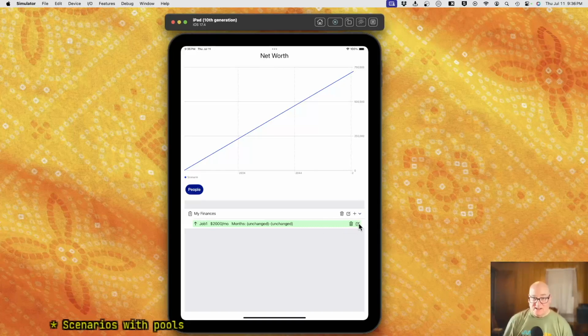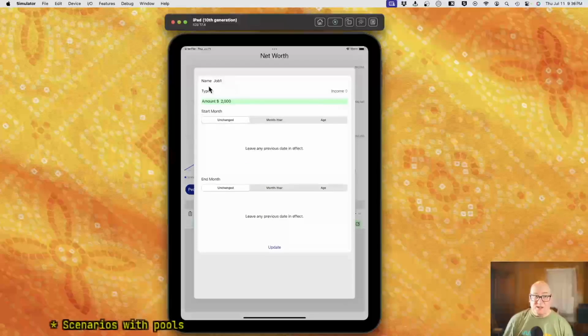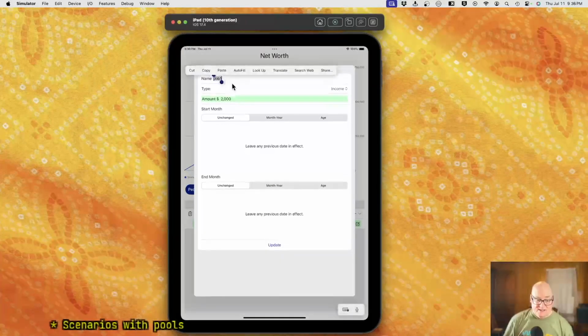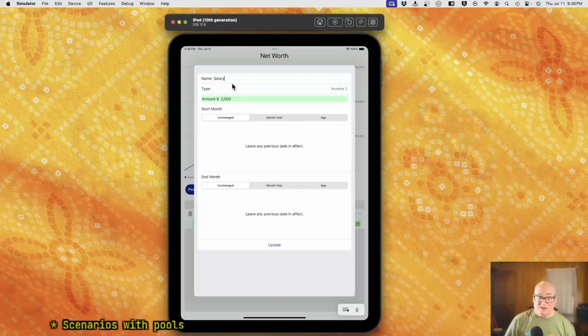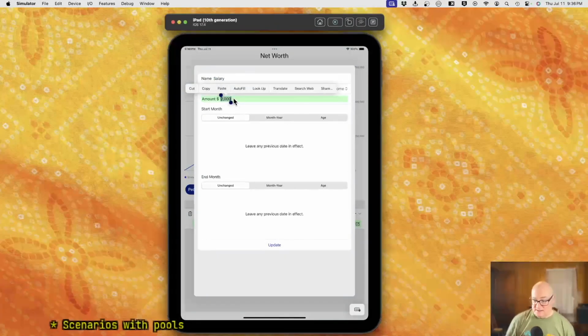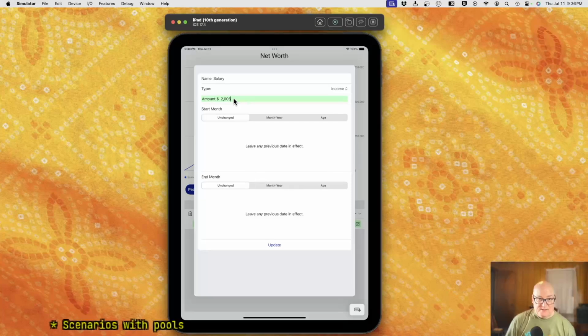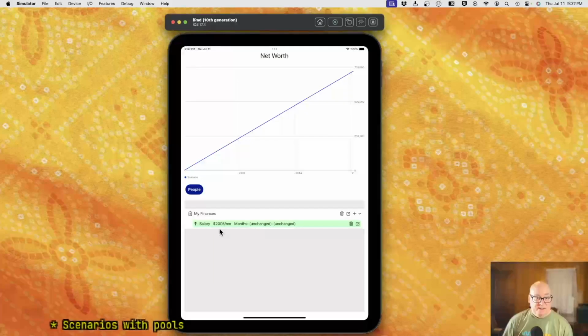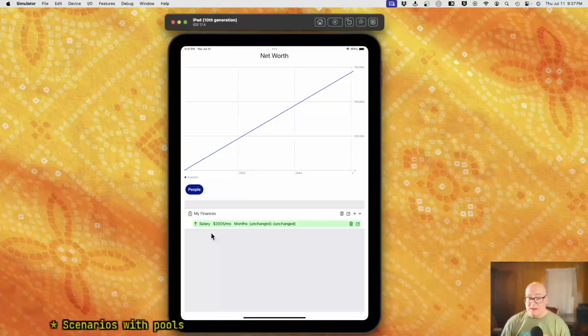Okay, now that was creating an empty instance. Now we'd like to edit the existing instance. That's the thing we did this week. So it brings up the previous contents and we can change whatever we want in it. Let's say we got a raise. Okay, so update. Now notice this says update instead of originally it said create. So now it's update, and we can see now we got $2,005 a month and it's called salary now. So we basically repeated that pattern for all the things you can edit.